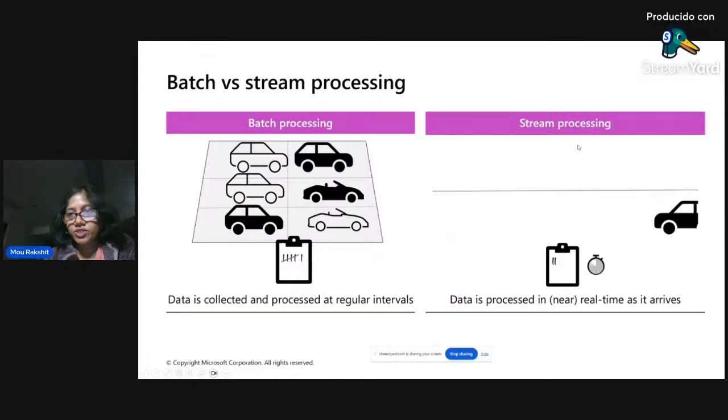When you are doing stream processing, as the data is originated in the source system, you're going to ingest it and immediately process it. Here you are doing continuous processing, and you are not waiting to accumulate the data in a longer window. As the data is originated, you're going to be processing it and bringing it